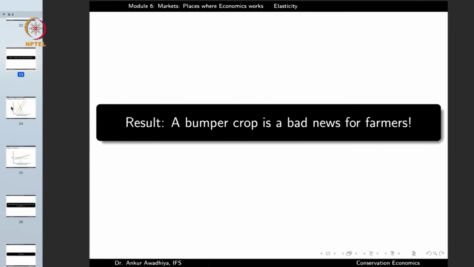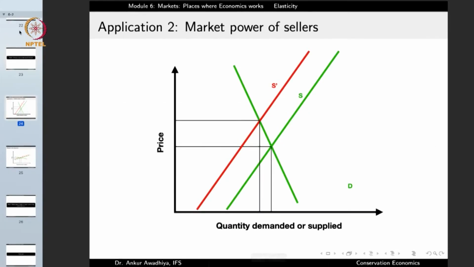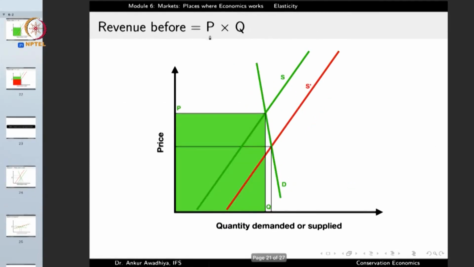But these individual farmers have increased the quantity that they are supplying to the market. So in that scenario, it is possible for them to increase their revenue. So for a few farmers, if you have a scenario in which there are only a few farmers who have increased their output, in that case, because the revenue is equal to the price multiplied by the quantity,